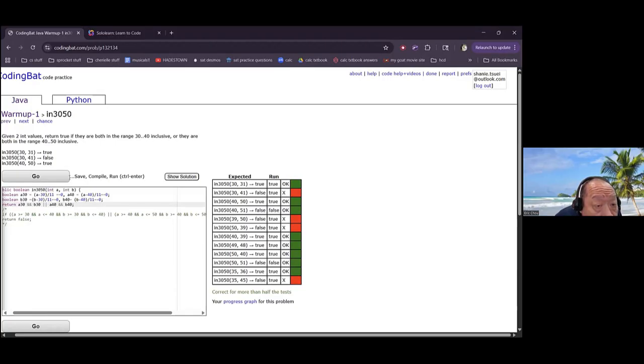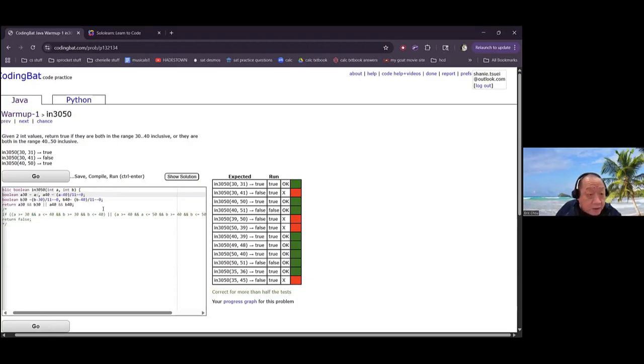Okay, it's actually both here or both here. A 30, A 40, B 40. Okay, something is wrong. So maybe this function is not okay. If this is not okay, let's change it to